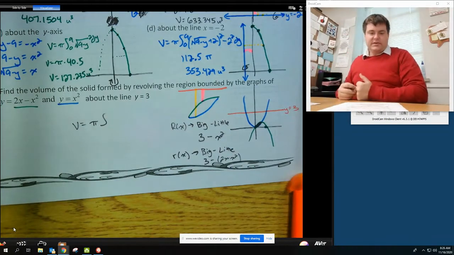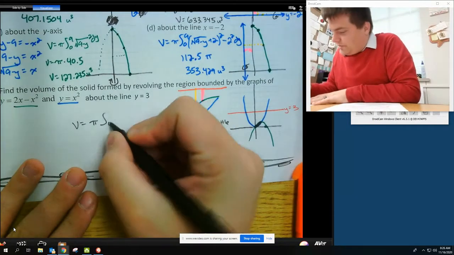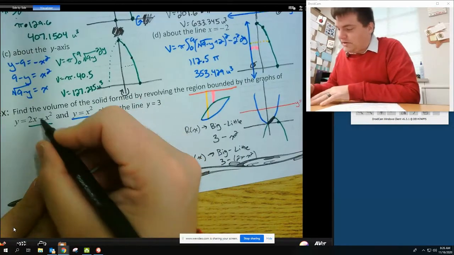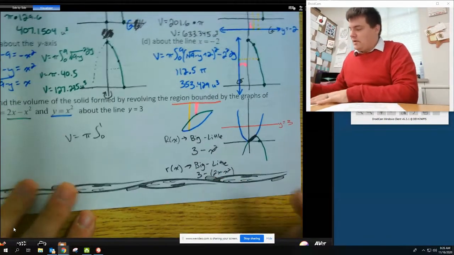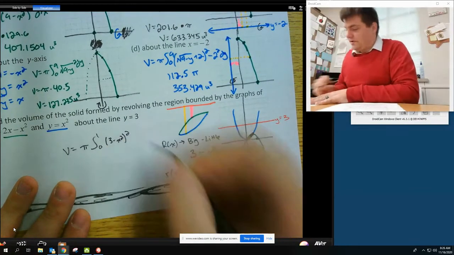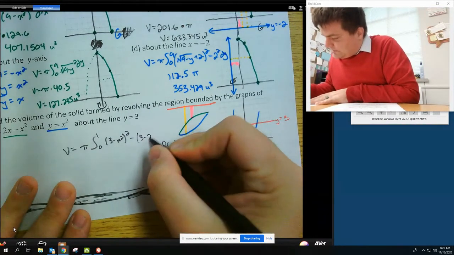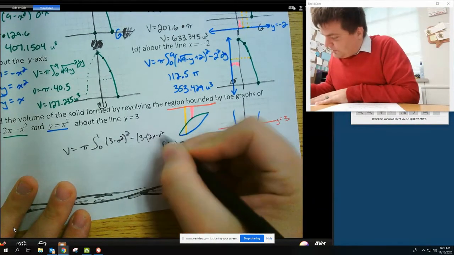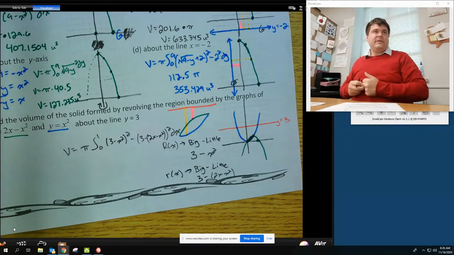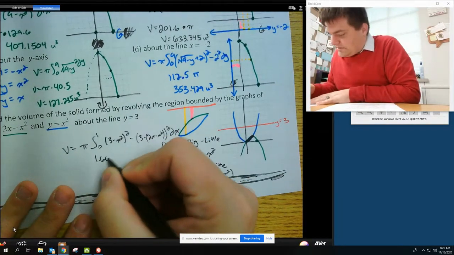Now, I drew it so I could just tell where the intersections are. The intersections are at 0 and 1. They intersect right here. If you didn't know that, you could just set these two equal to each other and figure out that it is 1. And then it's going to be the big, 3 minus x squared, all squared, minus the little, which is going to be 3 minus 2x minus x squared, in parentheses, squared, dx. So that's the setup. And then you would plug this in your handy-dandy calculator, and you would get 1.667 pi,